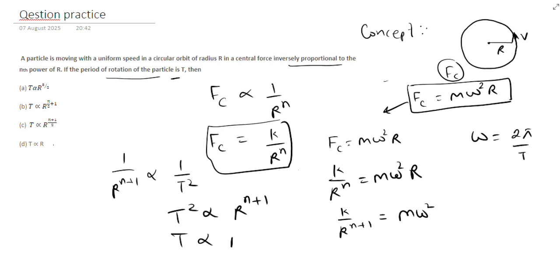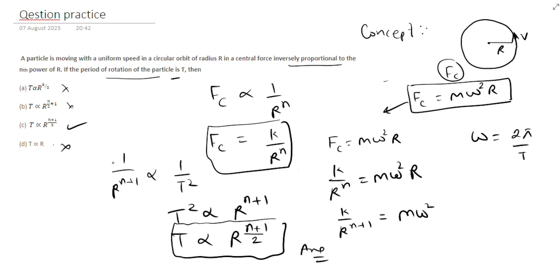So t will be r की power n plus 1 divided by 2. So this is the final answer. So let us match the option. पहला नहीं है, दूसरा नहीं है, थर्ड है, फोर्थ नहीं है। थैंक यू बच्चा।